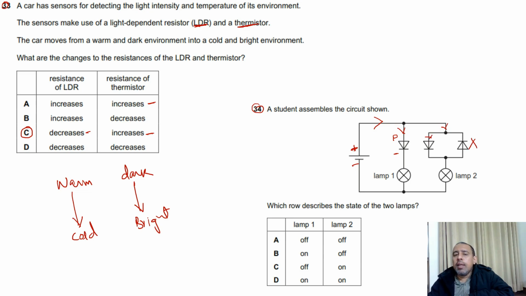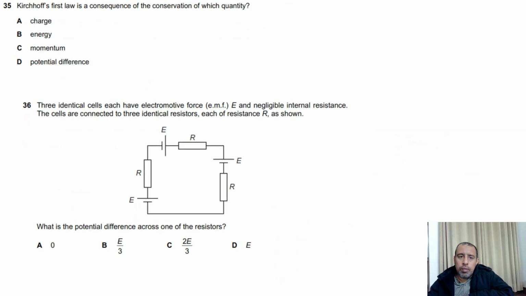But in both the cases, lamp 1 and lamp 2 are always on, because this diode and this diode will allow the current to flow. Option D is the correct one. Moving forward,